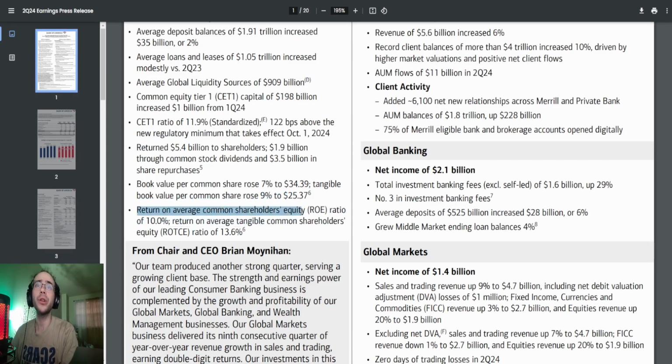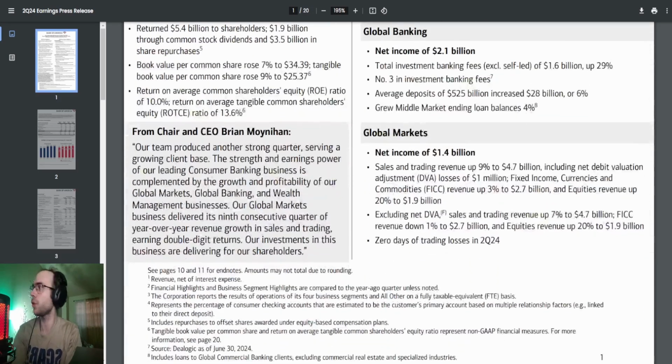Return on average common shareholder equity ratio of 10%. Return on average tangible common shareholder equity, ROTCE, of 13.6%. Now, looking at what the CEO said,